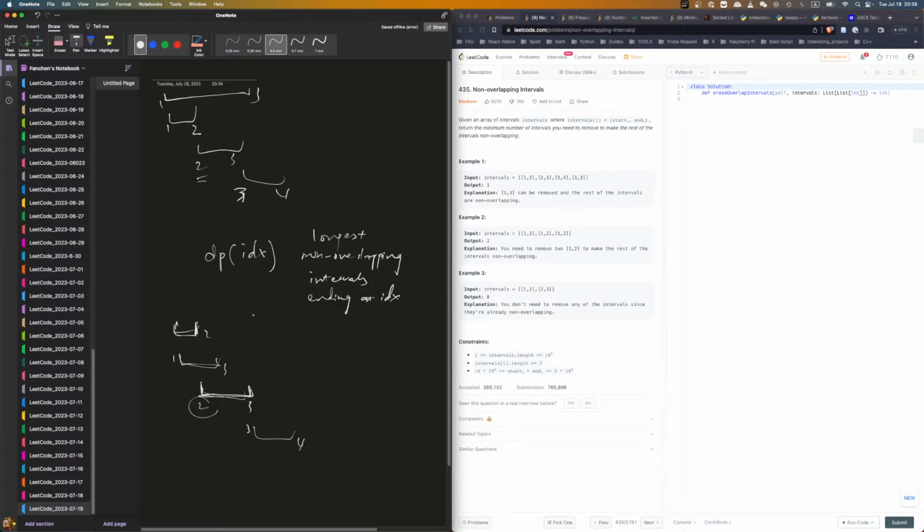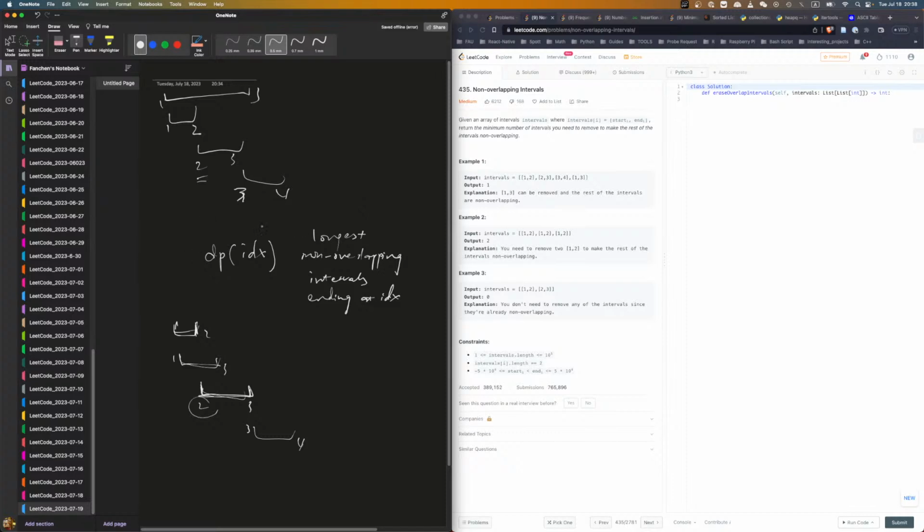Prefix max. So we record the prefix, we record the maximum. So it's not maximum ending at this, it's the maximum overall,